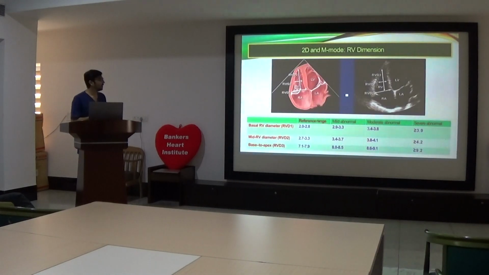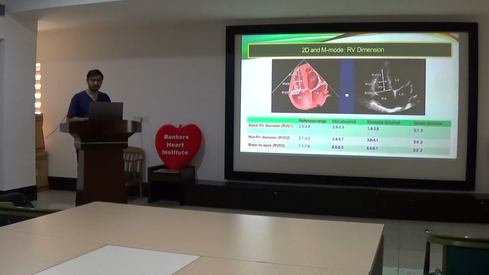Previously, this is the 4-chamber view, so the mid RV diameter is more than the basal RV diameter. Yes, this is basal RV diameter 1, this is 2, and this is 3. How can the mid RV diameter be more than the basal RV diameter? Because the shape of the RV is triangular and crescent shaped. It can be because the septum works as part of the LV. So whenever the LV contracts, the septum will move towards the LV side, so it can be higher than the basal diameter.